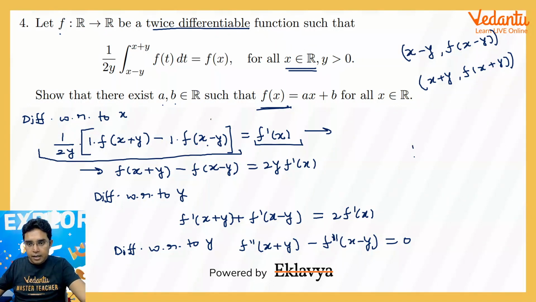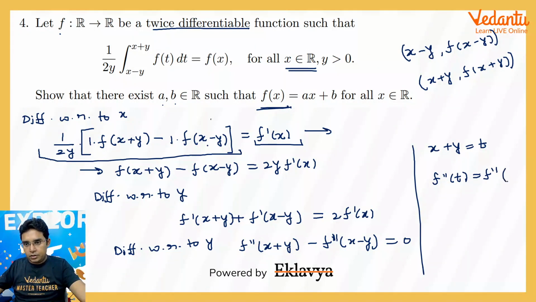You can take x plus y as t, okay, then this f double dash t will become equal to f double dash, I can write y as t minus x, and y as t minus x means it will be 2x minus t. So I am free to choose any value of x. That means my second derivative has to be constant, because it has to be true for all t and all x. Okay, so what we have concluded so far is that its second derivative will be constant,